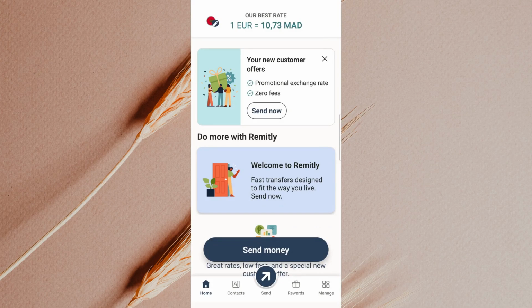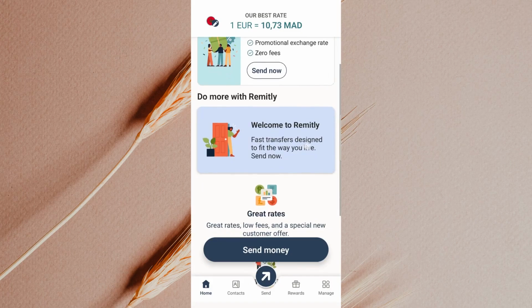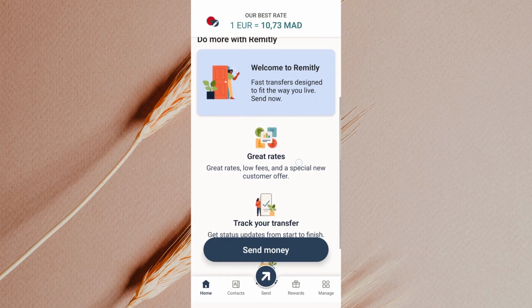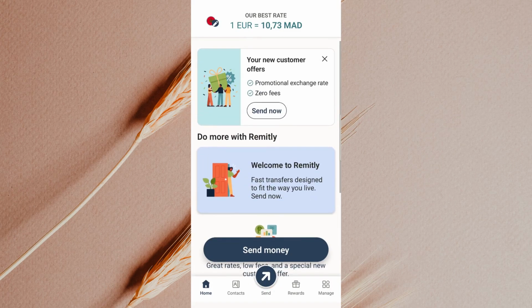In today's video, I'm going to teach you how to send money to Vietnam on Remitly. To get started, open the Remitly app or go to the Remitly website and sign into your account. If you do not already have an account, create one first and complete any required verification steps. This is important because money transfers often require identity confirmation for security and compliance purposes.